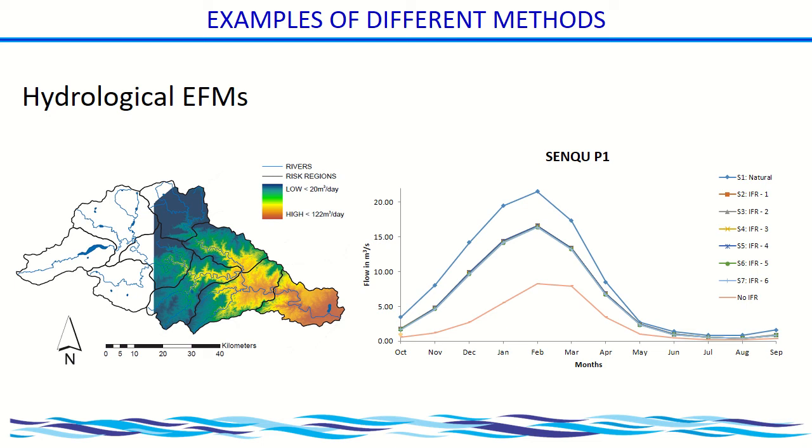So we often come up with a range of these different scenarios, and based on the consequences of these different scenarios to the ecosystem or to the people in the environment, we will then go through a trade-off process and decide which one they should use. But I'm only looking at hydrology. So for a test and exam perspective, if I ask you about hydrological environmental flow assessments, you only talk about hydrology.